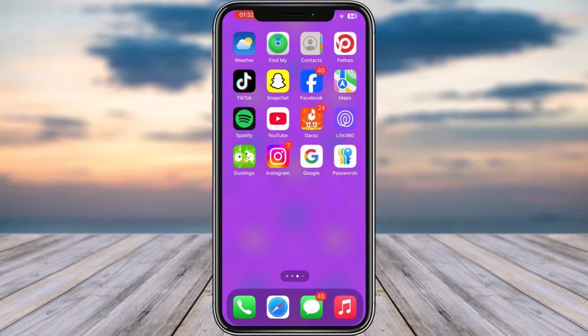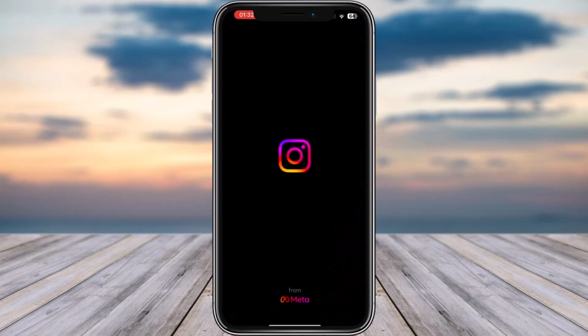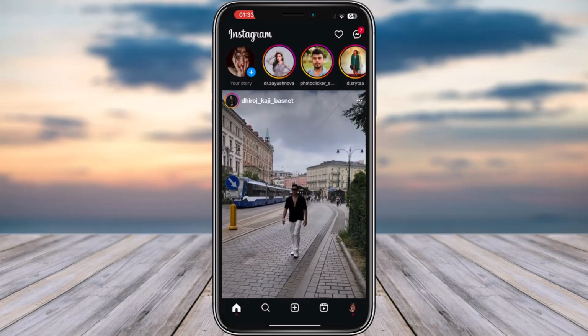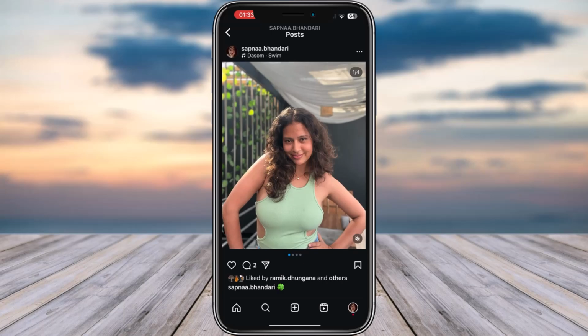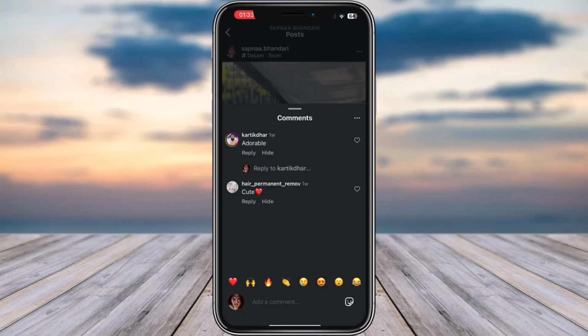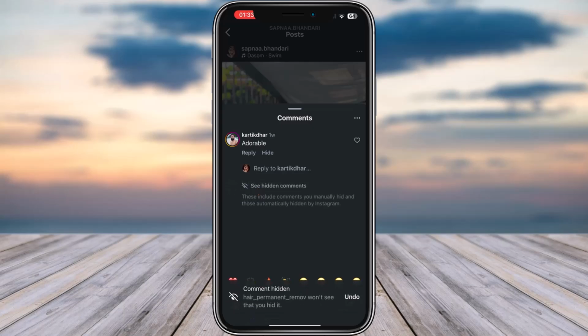Let's get started. Simply open up your Instagram app, then tap on the profile icon at the bottom right. From over here, tap on a post where you would like to hide a comment. Once you have tapped on the post, tap on the comment over here. Then tap on this option of hide, and now you can see the comment has simply been